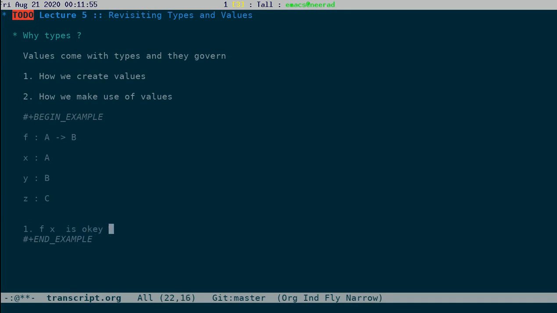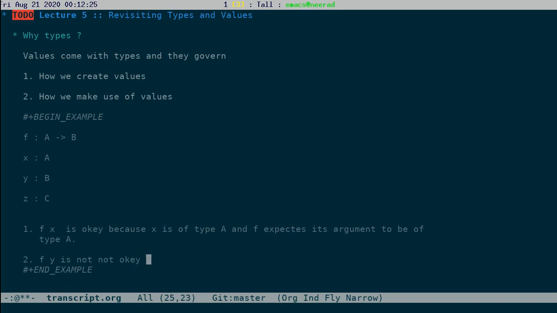Why? Because x is of type A and f expects its argument to be of type A. So it is okay to do this. But f applied on y is not okay.